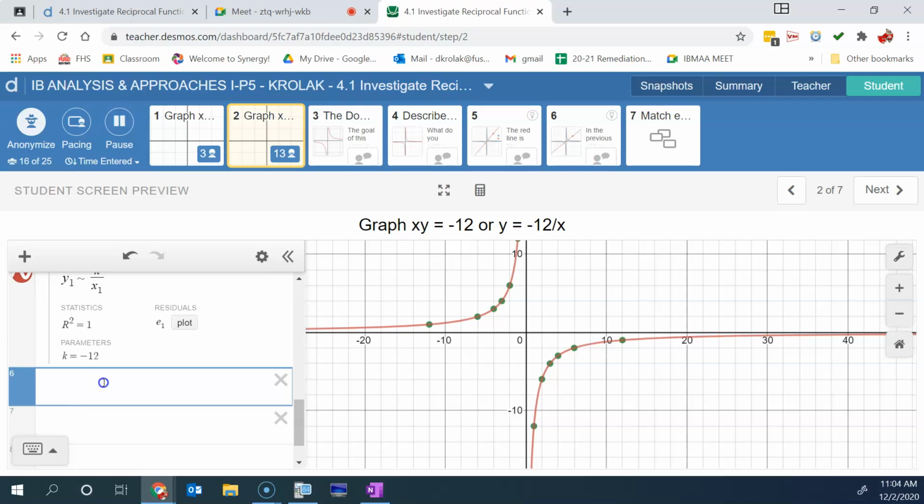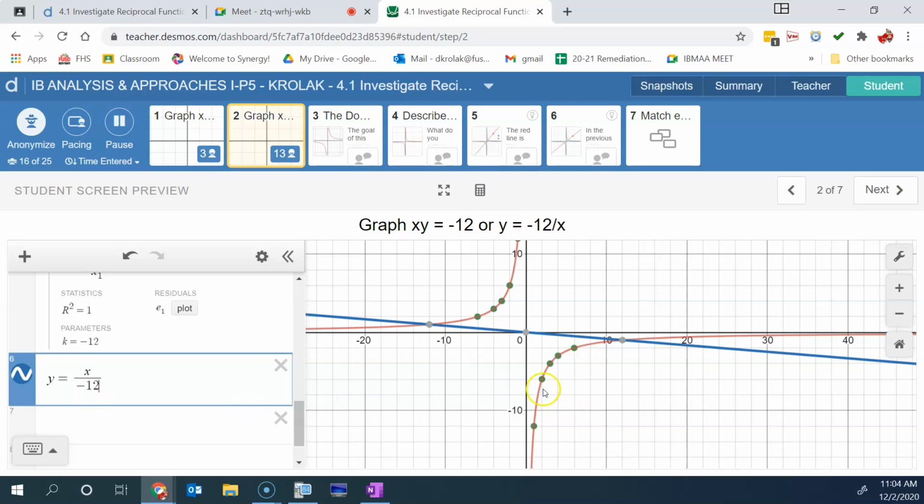And the linear equation that belongs with it would be y equals x divided by negative 12. And there it is. So if you took that line and did its reciprocal, you get